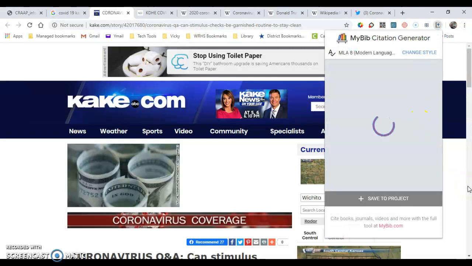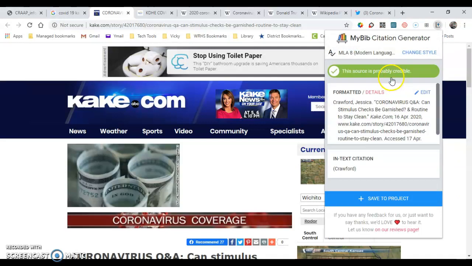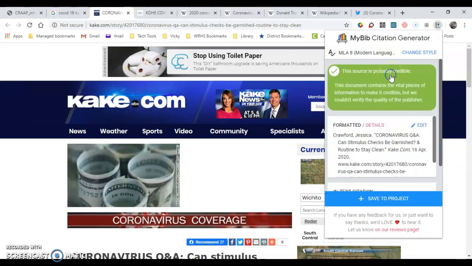So it's thinking. So this one says it's probably credible. So if I click on that, it contains the vital pieces of information to make it credible. We couldn't verify the quality of the publisher. So